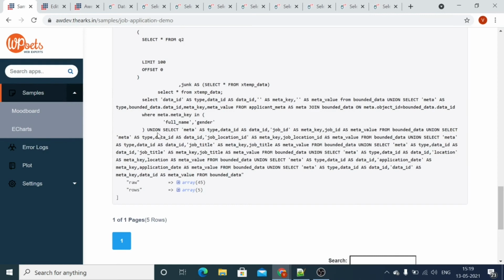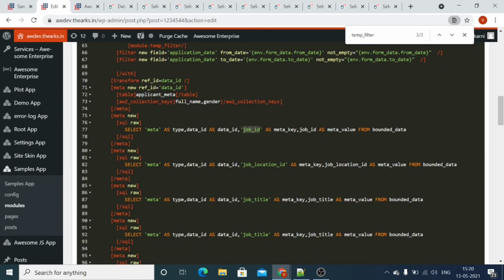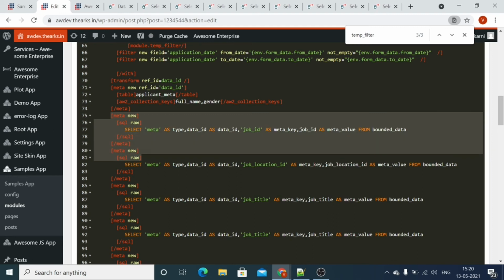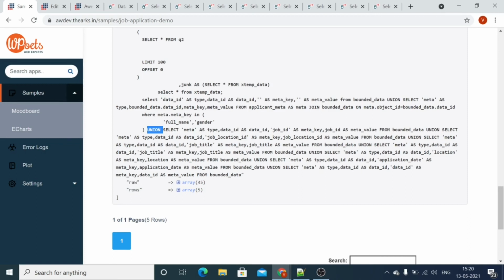Now you can see up to this we are fetching the data from the applicant. This will use the union to fetch the single row or single column from the generated result. When we are using the meta new field, it will always create one union.